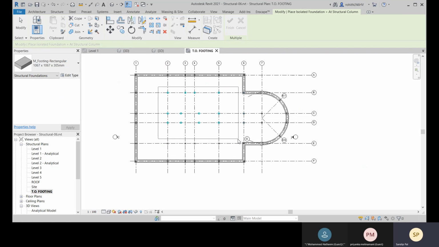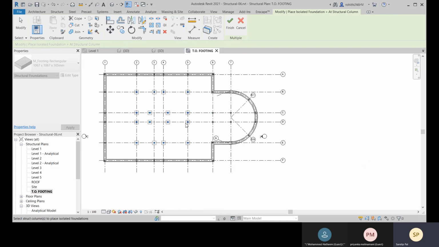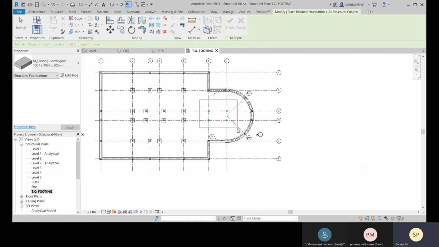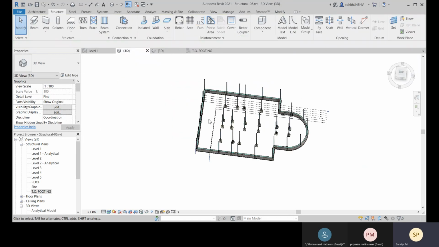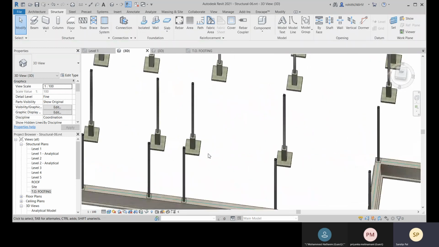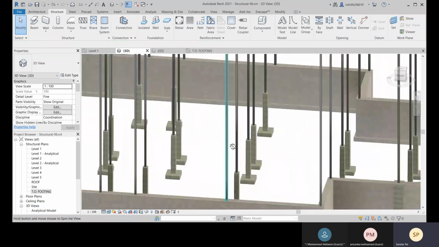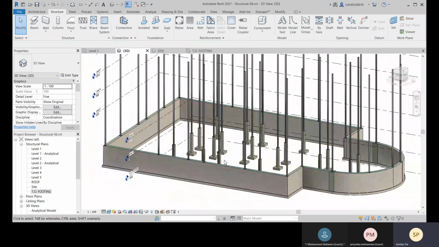Okay, so these are the columns. Here we placed it. So at a time once you finish it, again you come back at column option. And there you select these columns and there you place it. Finish. Click on modify and now come back here and there you can see. Okay. All are placed right now.